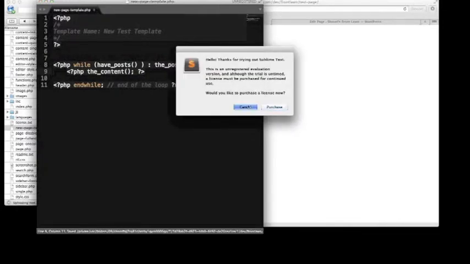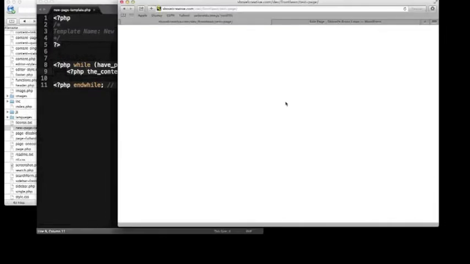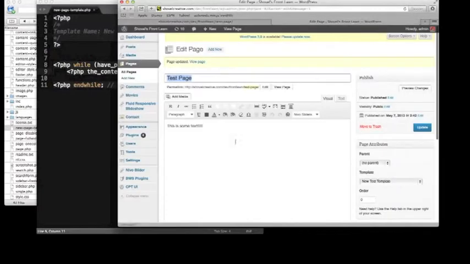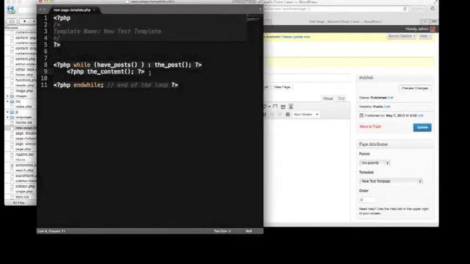You know what? There was no get. Ha, watch this now. This should work. Boom! There's some text. Yay! So now it's pulling in the information from this page. Now there's a bunch of different ways that we can do this, but this is the easiest way that you can just get the content. You can also